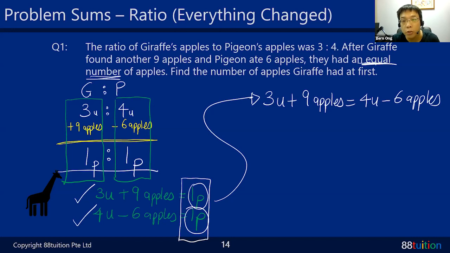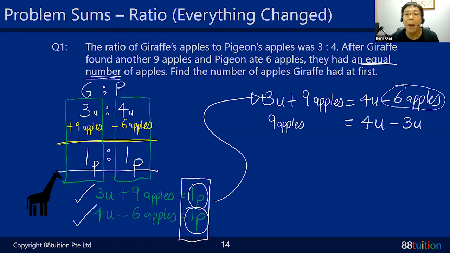Okay, so 4 units and 3 units, which is heavier? 4 units is heavier. In front, the 3 unit, plus 3 units, you bring across the equal sign, it becomes minus 3 units. Who is left? 9 apples is left on the left. Then minus 6 apples down here, bring to the other side. Minus, bring across the equal sign, becomes plus 6 apples.